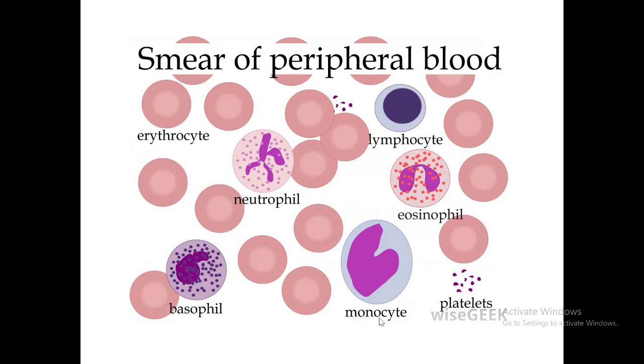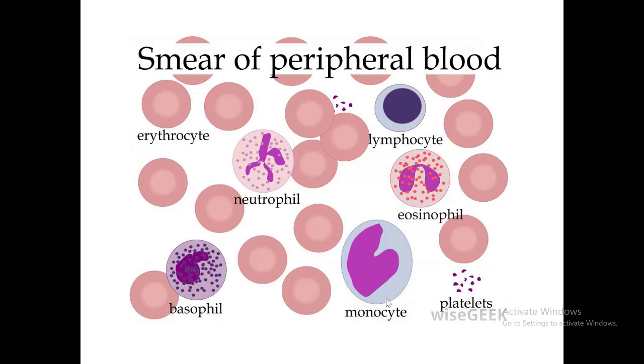After lymphocyte, 5% of white blood cells are monocytes. Monocytes are the largest white blood cells and the largest cell in the blood smear, 20 micron, with a kidney-shaped, bean-shaped nucleus. The nucleus has less chromatin than lymphocyte, so it is paler than the nucleus of lymphocyte. And the cytoplasm is gray, light blue. Okay, it has vast cytoplasm. Look at this, that lymphocyte